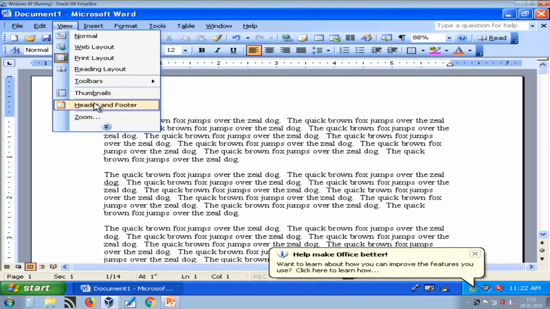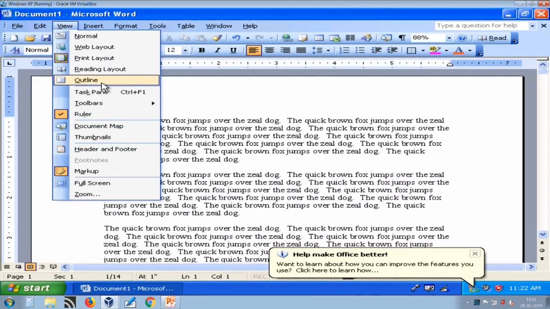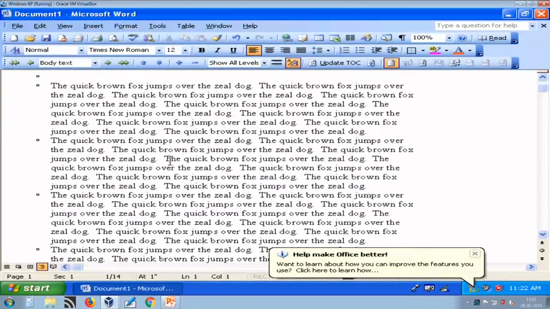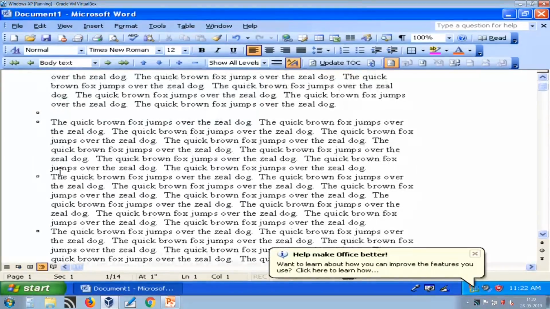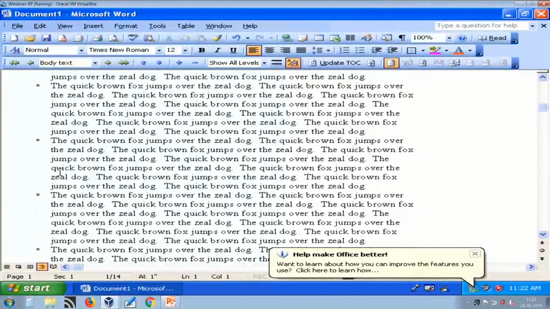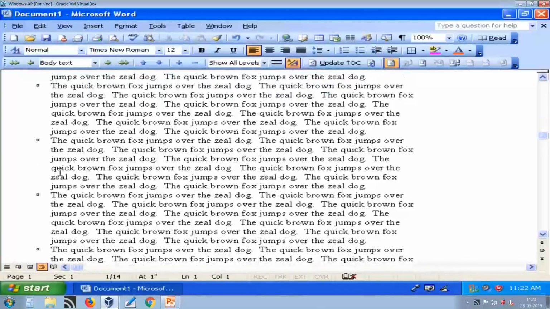Now, the fifth layout is outline. Here you can see that a paragraph is indicated by a dotted sign, and if there is a subsection it will also be shown.